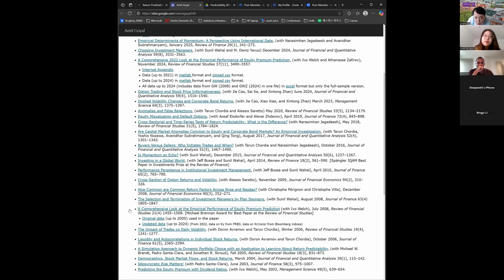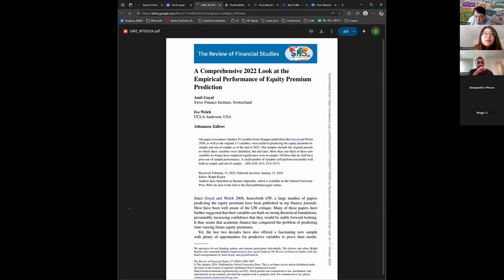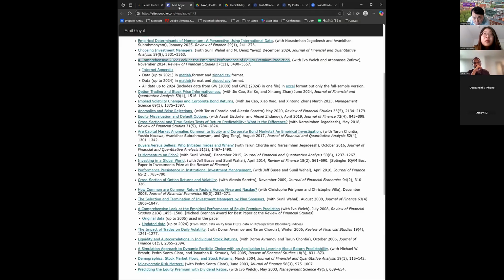Another one is this one, the comprehensive 2022 look at the empirical performance. Here they updated the list of predictors for the US. They propose 50-something US predictors, and they provide all the data up to 2024, I think December. So I told you before,